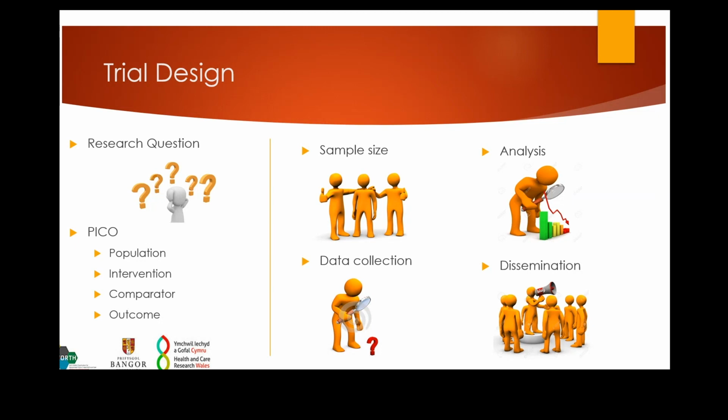And again, similar with research, you've got your PICO. So your population: who are you running the trial on, what age group, what gender, what ethnicity, etc. The intervention: what are you testing? So what's your interventional treatment? Is it a medication, a therapy, a surgical device? Your comparator: what are you comparing with? Is it treatment as usual, or a placebo drug, or something else?